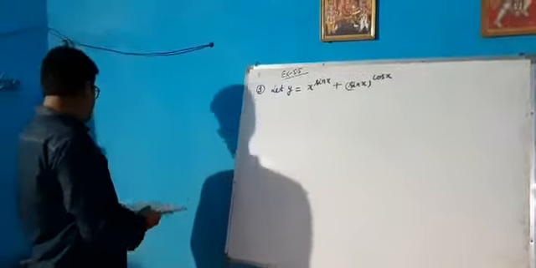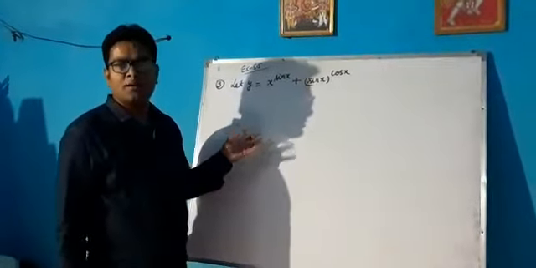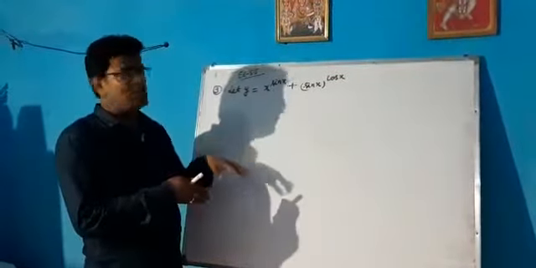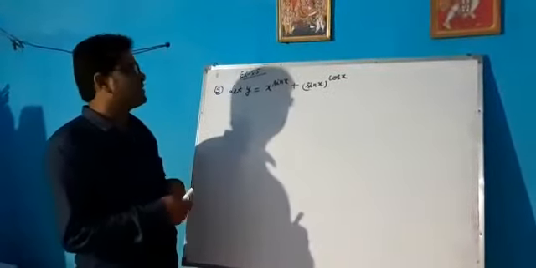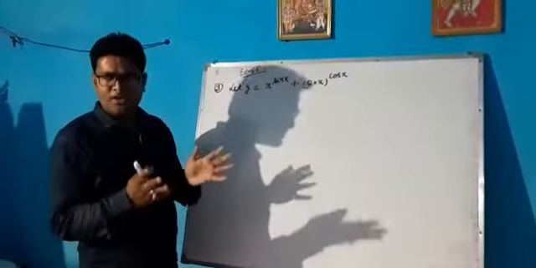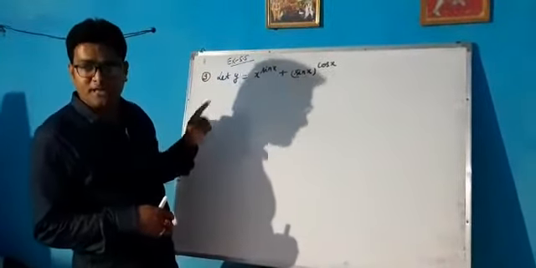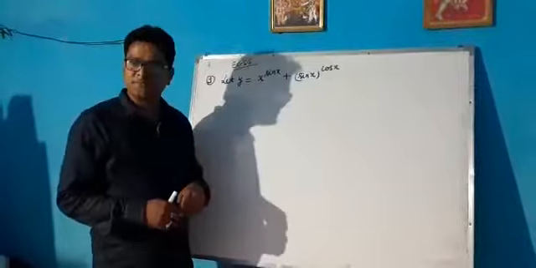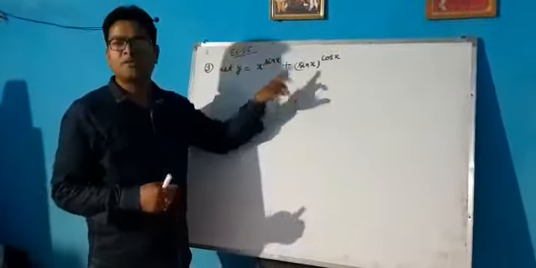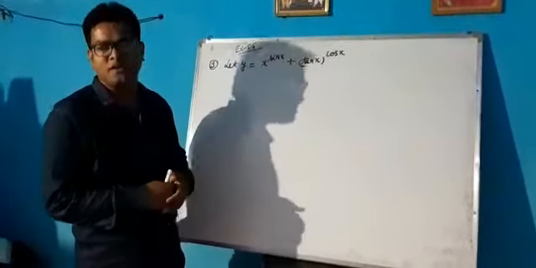Now see, in this type of questions, if it is given in equalities, that means it is given in implicit forms, then there is no need to let y, it will be already given. Here y is not given, that's why I let it y. Now in this type of question, there are two methods to solve it. Previous method which I have discussed, taking logarithm. Here, if you will take log, you will fail directly. Why? Because here it is an addition. In addition, we cannot take log. So we have to take this term and this term separately, and then we can take log separately and then we can solve it further.